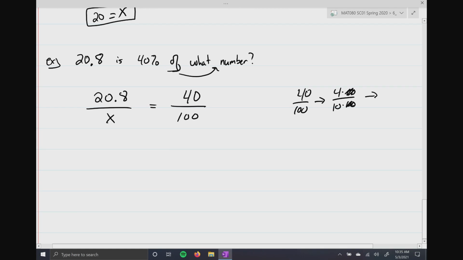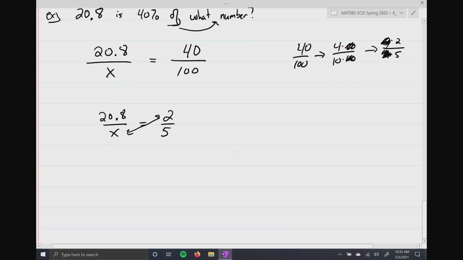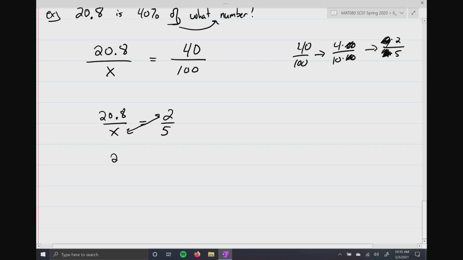Now I can even go a little bit further. 4 is 2 times 2. 10 is 2 times 5. So I can reduce one of the 2's. So my problem is now going to be 20.8 over x equals 2 over 5. And from here, I cross multiply. So that gives me 2x equals